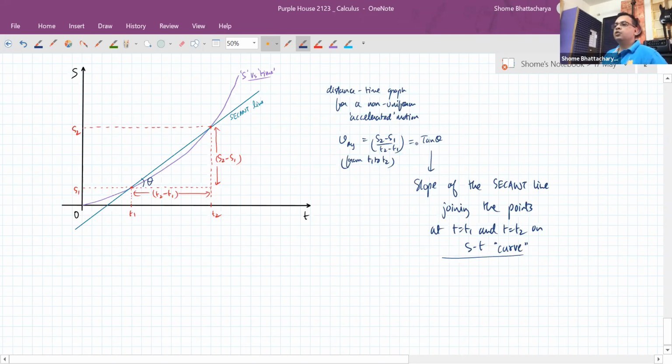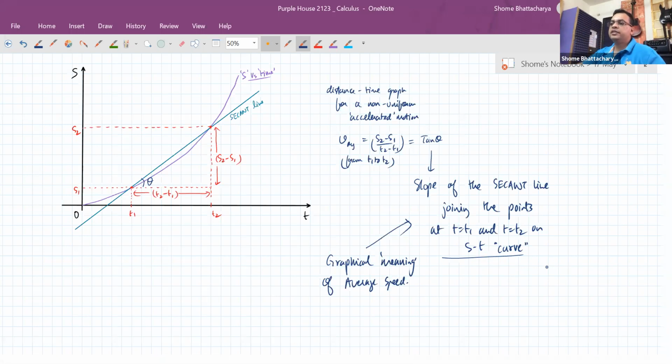So that becomes what we call the geometrical definition. Okay, this is the geometrical definition of average speed, or the graph definition. You can say the graphical meaning of average speed. It is the slope of a particular type of line, but which type of line? It is the secant line when it's a curve. When your S versus T graph is a curve, then how do we interpret in terms of graph or geometry the average speed for a certain time T1 to T2? It is the slope of a line joining those 2 points of time T1 and T2 on the graph. That kind of line is called a secant line, and we interpret the average speed as the slope of the secant line.